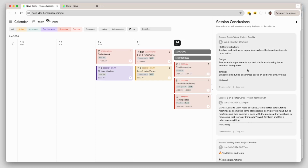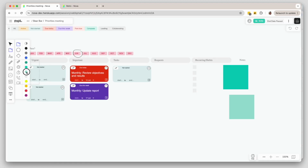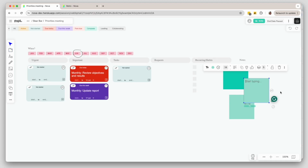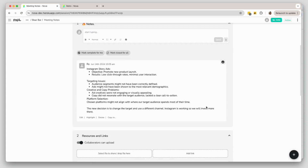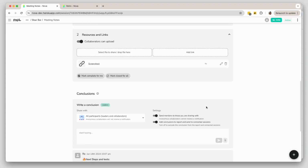What if right before a meeting you could see what decisions were made in the previous meeting and the meeting was prepared for you? That is now a reality, and it's easy. Yes, you can see decisions from your calendar, and the meeting is automatically prepared, whether you are just taking notes,